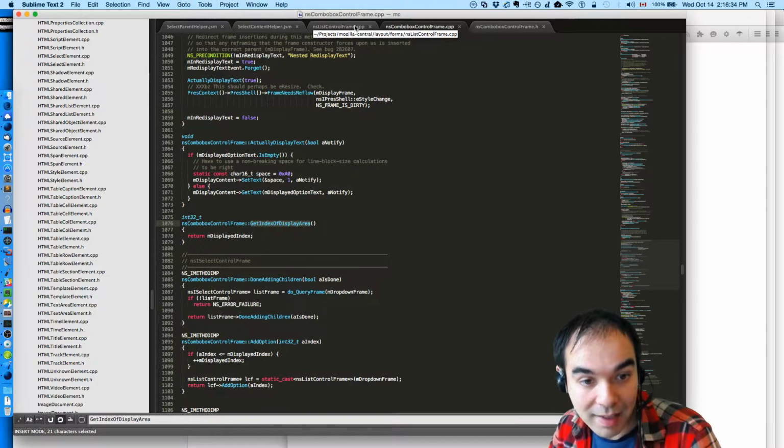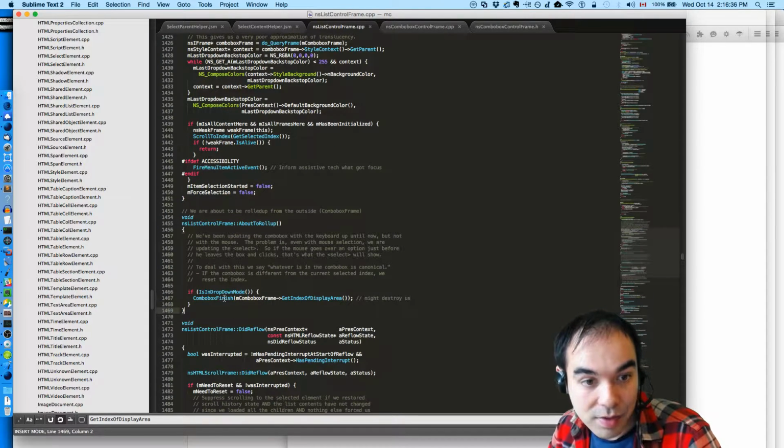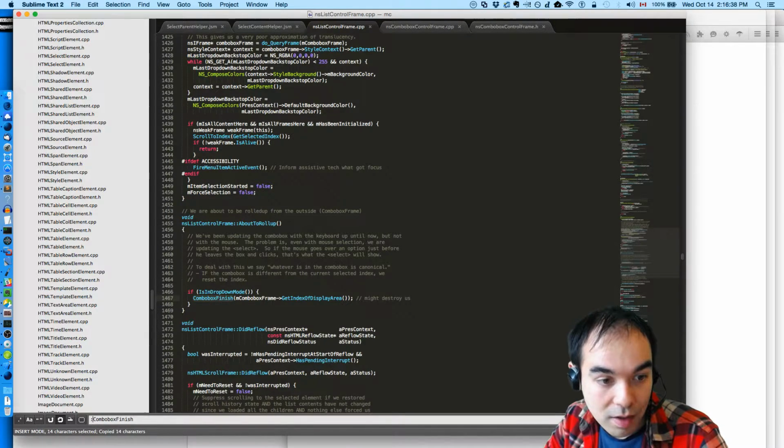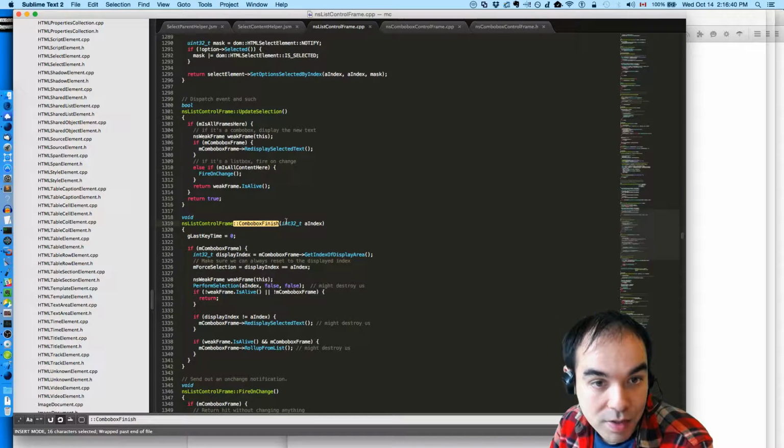The thing that's actually displayed in here is the displayed index. And then there's the selected index. So in combo box finish, if the display index, in this case index of display area, is not equal to the index, then we update. Perform selection on the index.